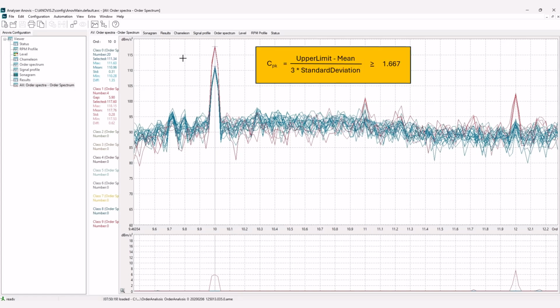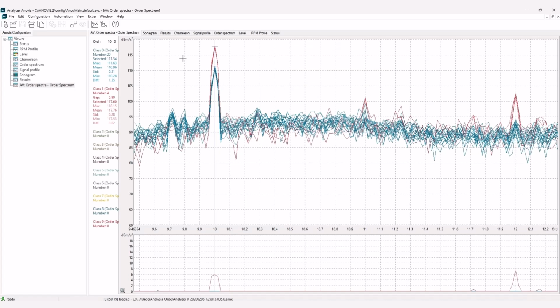This index takes the difference between the chosen cutoff and the mean value and divides it by 3 standard deviations. If we assume a standard normal distribution, then a value of 1.6667 would correspond to 5 standard deviations from the mean, which is going to be having a likelihood of only 1 part per million of false positive. Using the statistics that we can see in the legend, we can calculate our false negative and false positive likelihood if we were to choose a cutoff.